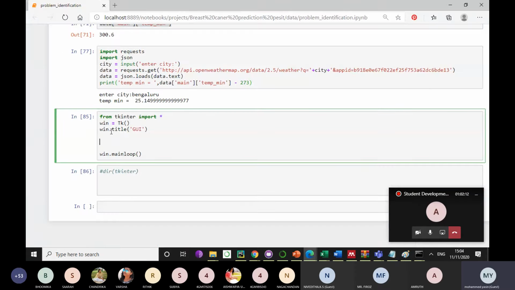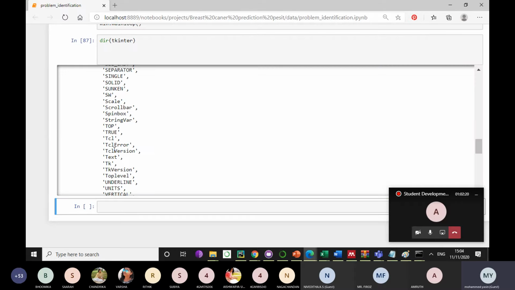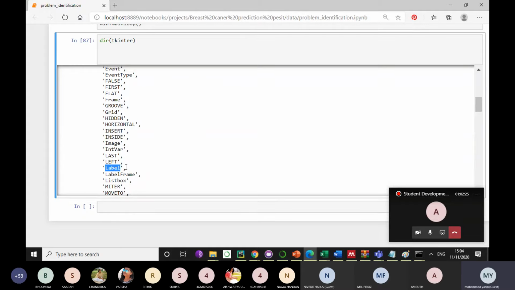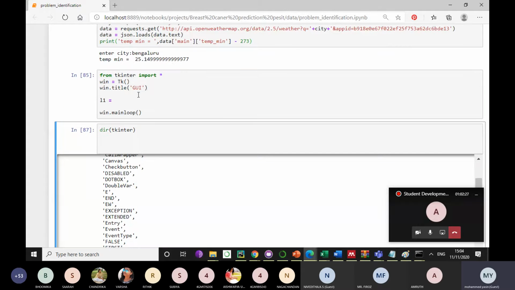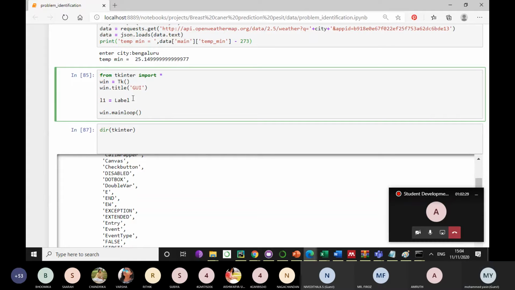Now I want label 1. How will I get a label? This Label is there in tkinter. I don't know the spelling of it, so let us take it from here. The Label spelling is this. On the label, what I need the text to be is "Enter city".